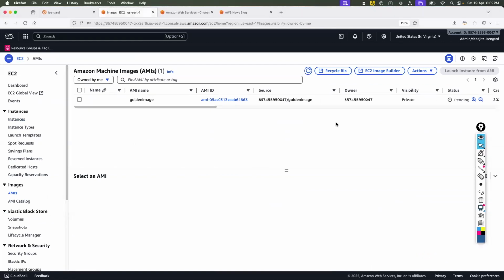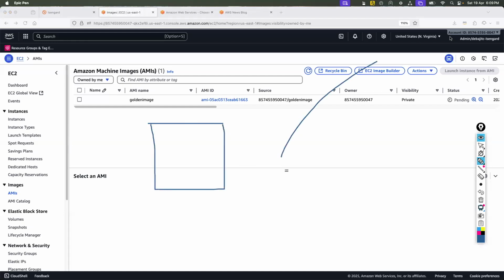Now there's a use case. Let's say this AWS account is a development account. Inside that you have got the EC2, and you have taken the AMI from this EC2. This is a backup.